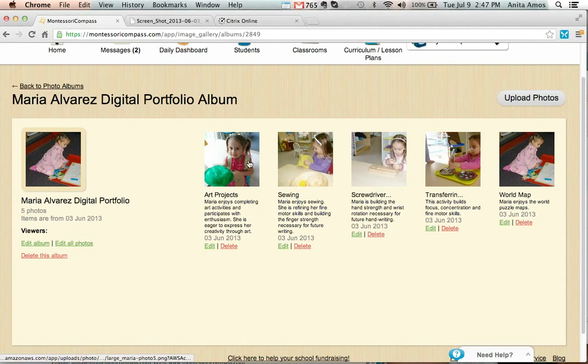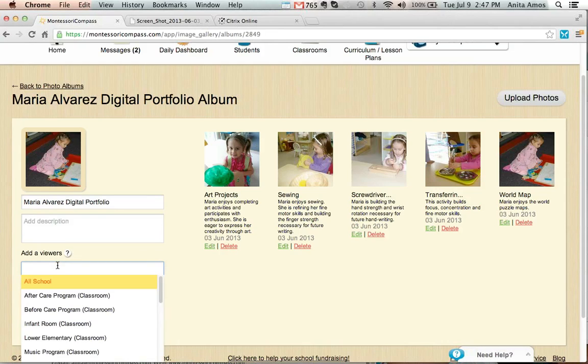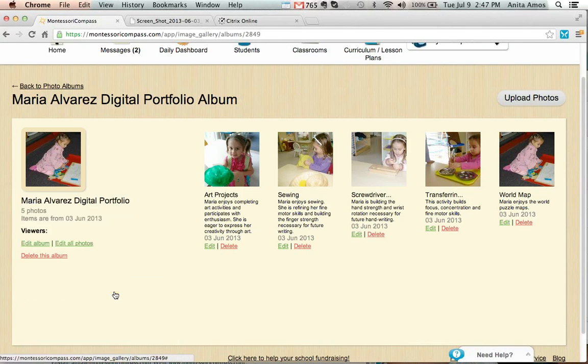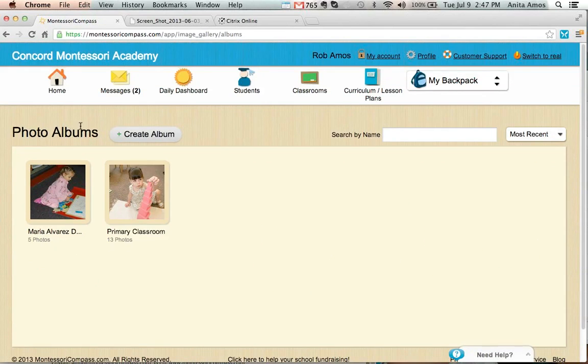I can continue to upload photos, add captions, and make it nice and detailed. Then when the time comes that I want to share this, maybe in conjunction with the progress report, I simply add her name here, and then her parents are able to view that. So there are a lot of flexible ways to use the photos to meet your very specific needs. It really does help in a variety of different ways.